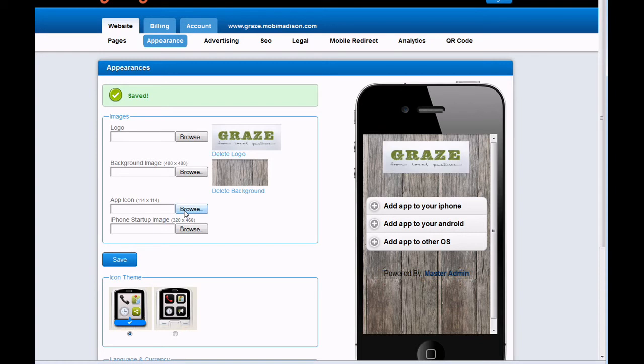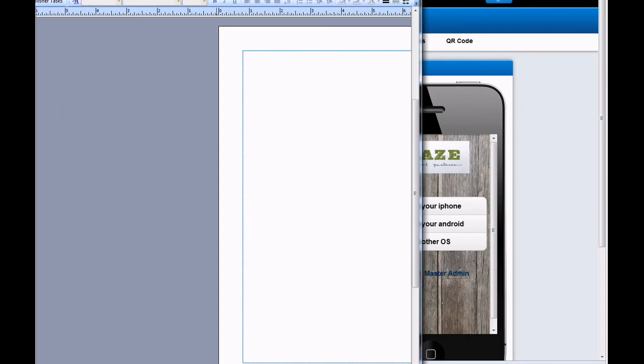App icon, it's a little trickier because it has to be square, and you can tell that their logo is not square, so that's going to make a little bit of an issue when we add an app icon. What I use is Microsoft Publisher. You can use other programs out there for editing images. So what I do is get that image, I open Microsoft Publisher,